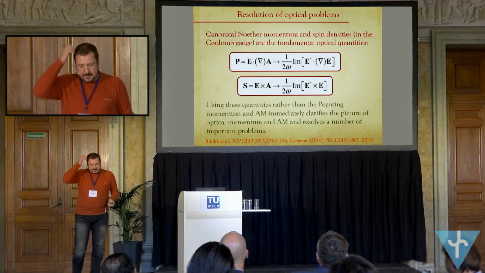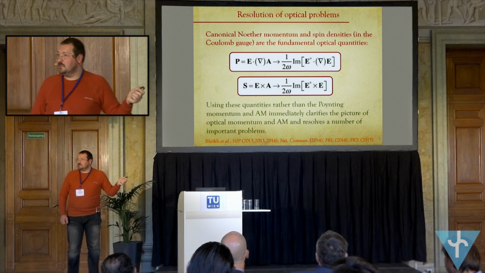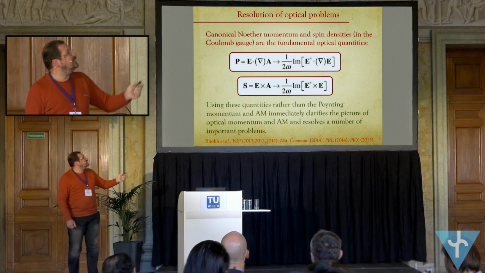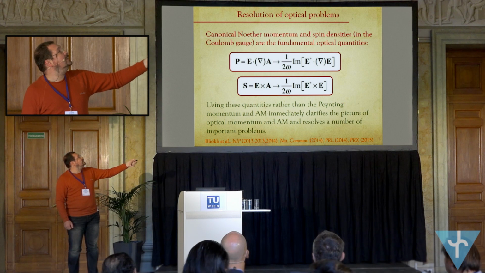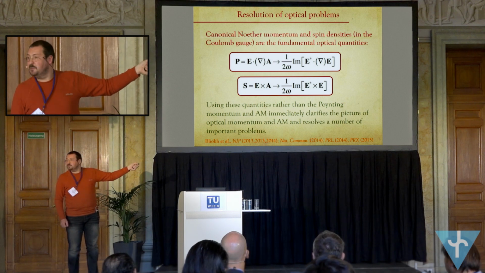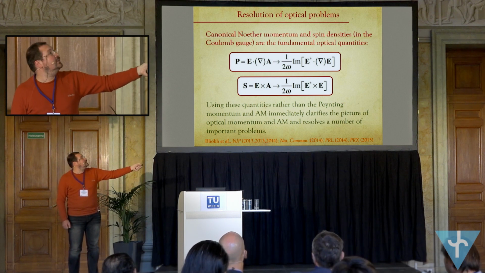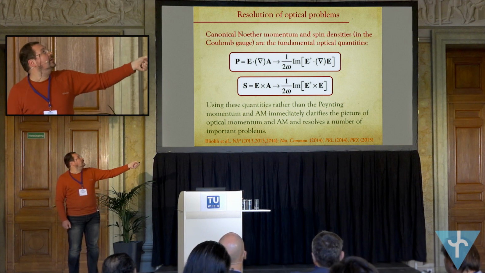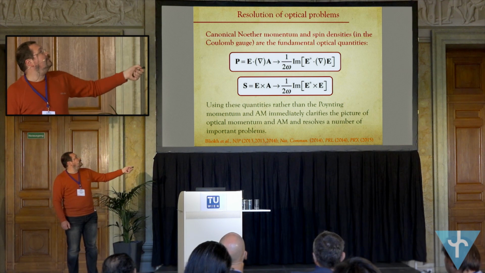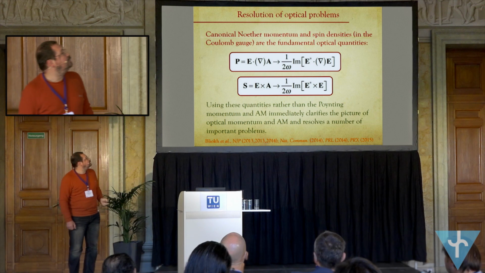Okay, so this is the beginning of a new paradigm. We start from the relativistic momentum density given by this equation, and for a monochromatic field, it reduces to this simple equation in terms of the electric wave field and frequency. And we have another relation for spin density, which is an independent quantity.